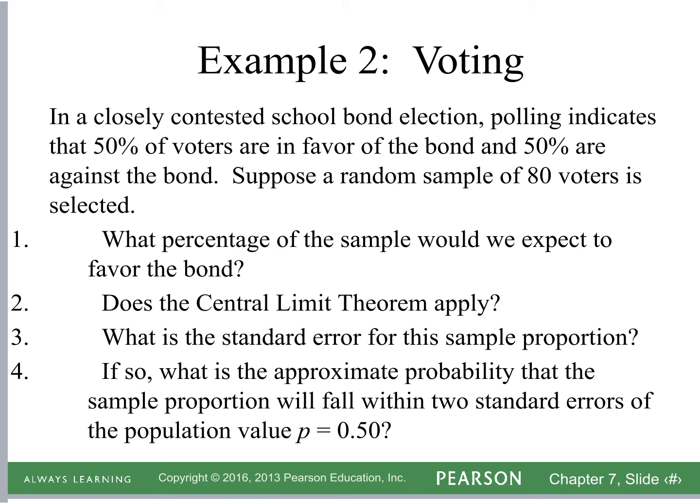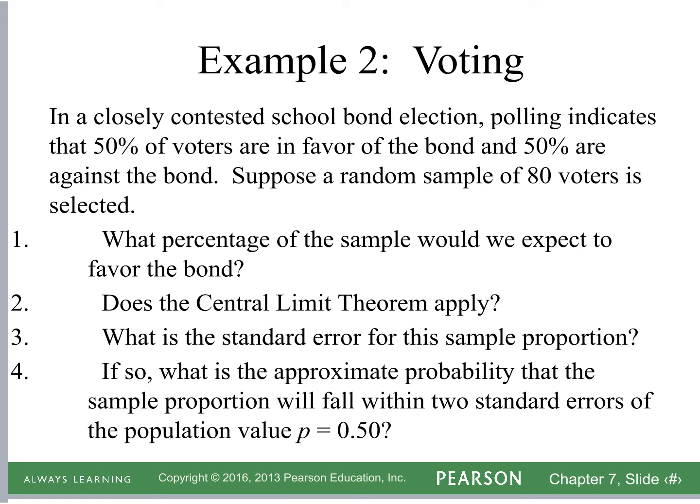Number 2, does the central limit theorem apply? Number 3, what's the standard error? And number 4, what's the approximate probability that the sample proportion will fall within 2 standard errors of the population value of 0.50? Okay, so based on this information, we know that our sample,